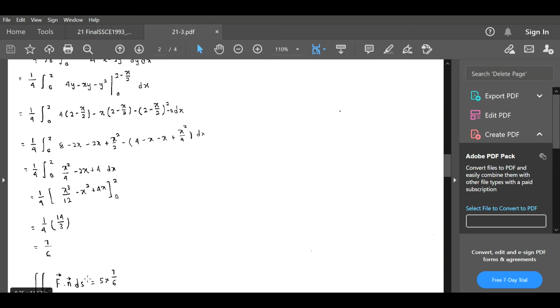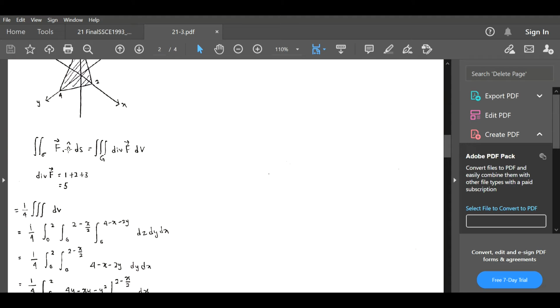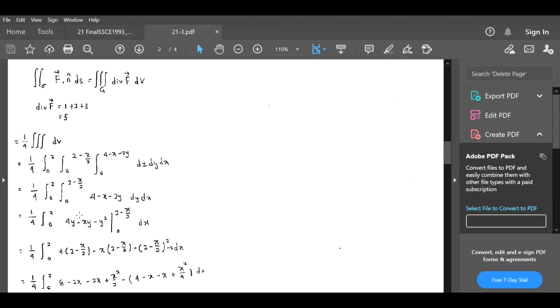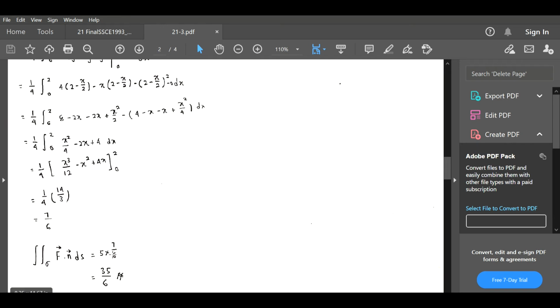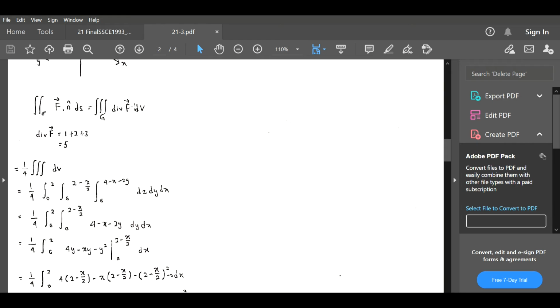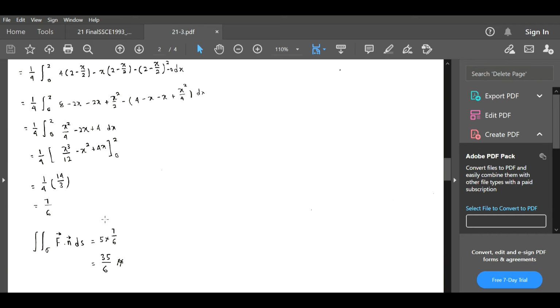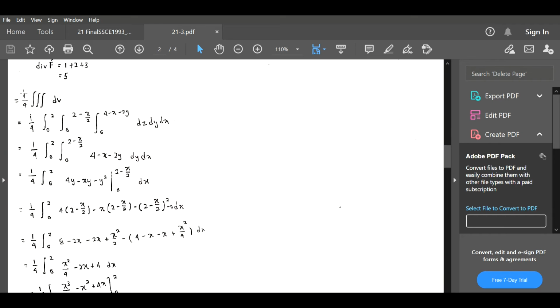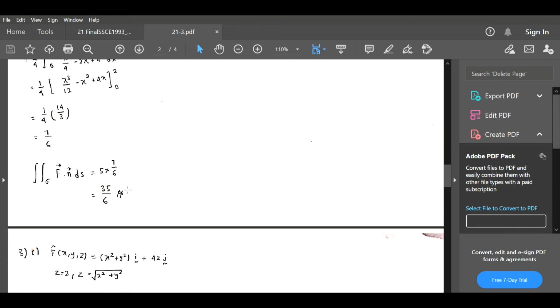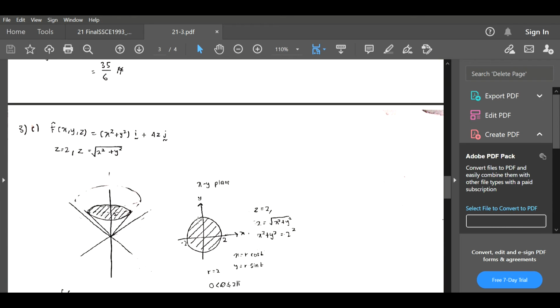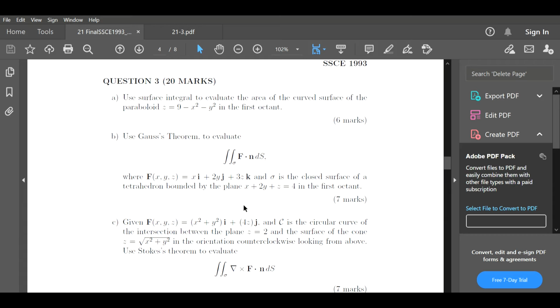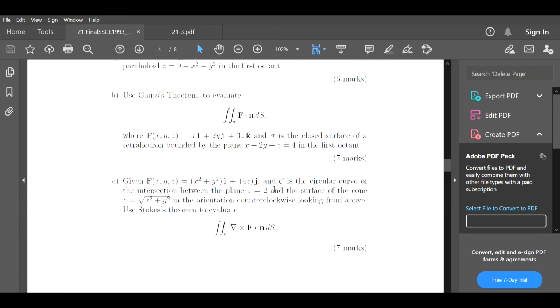So we need to find this one from this one. So we need to multiply by 5 here, div F, times the answer here, and then you get 35 over 6. Okay, for 3C, the question is